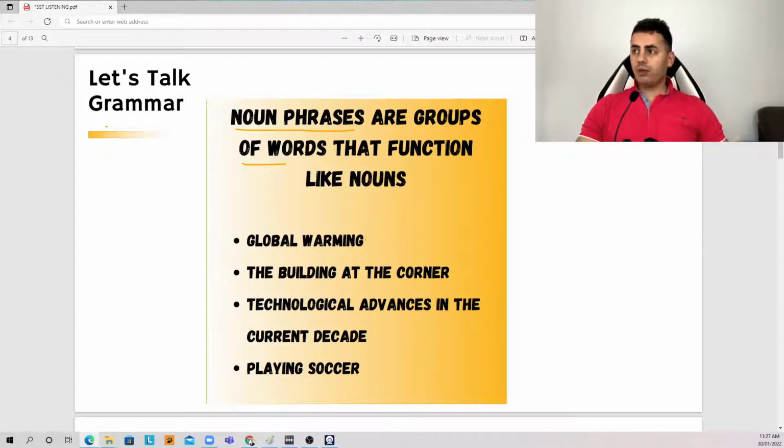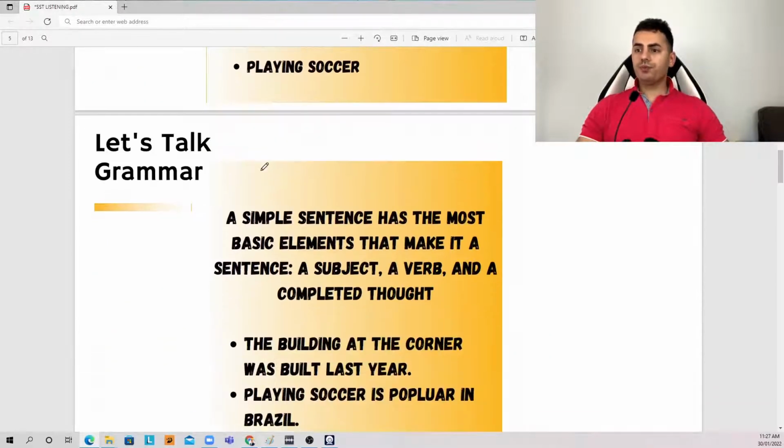Why am I giving those examples? Because later in your response you have to write some phrases, up to 6 phrases, as I will show you later. So just keep in mind that noun phrases cannot stand on their own. They have to come up with something else to make them a completed thought. So this is regarding the noun phrases.